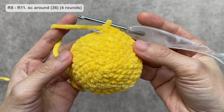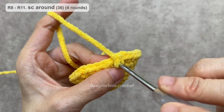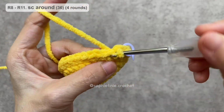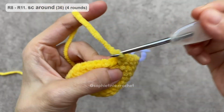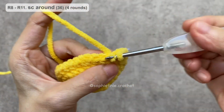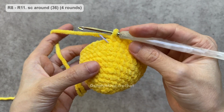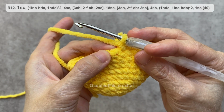From rounds 8 to 11, we'll work single crochets in each stitch all the way around. I'll catch up with you once we finish these 4 rounds. After completing round 11, our piece will look like this. For round 12, we'll work as follows. 1 single crochet,